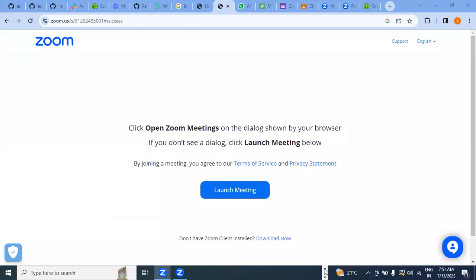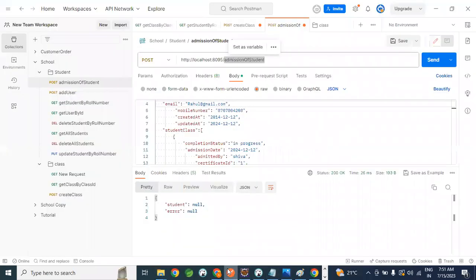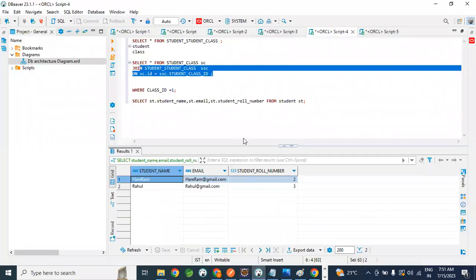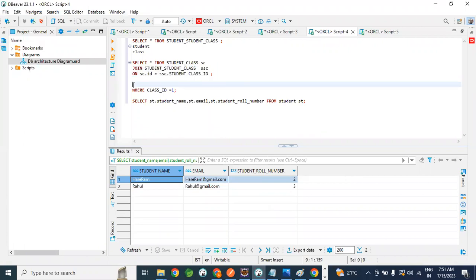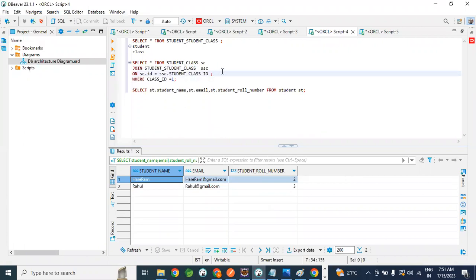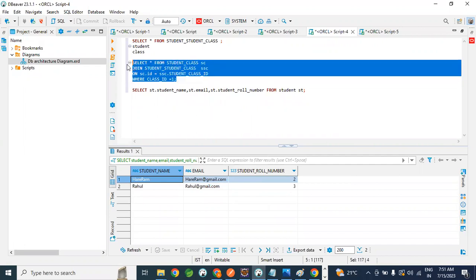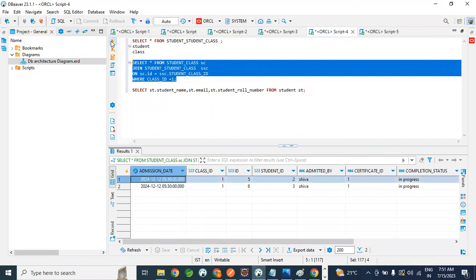Let me share the screen. Yeah, so we were preparing the query to get the student name and email for class one. If I run this query to check whether the details are coming or not, so now we can see